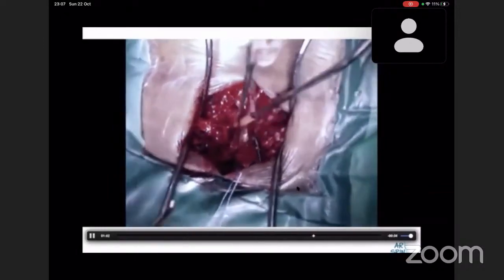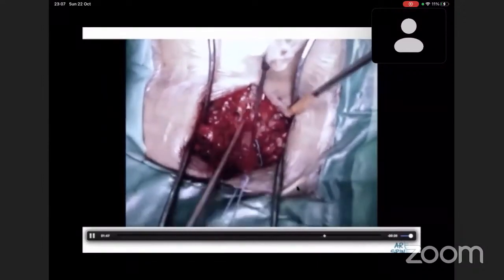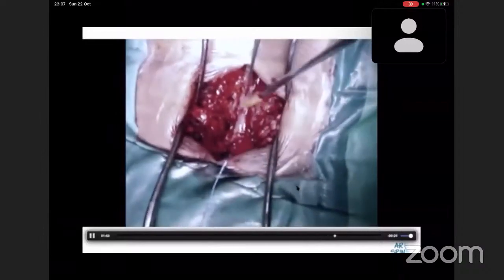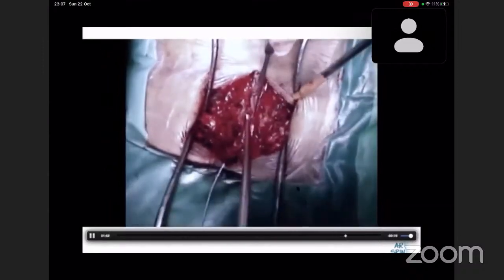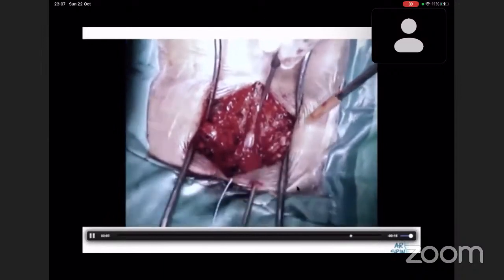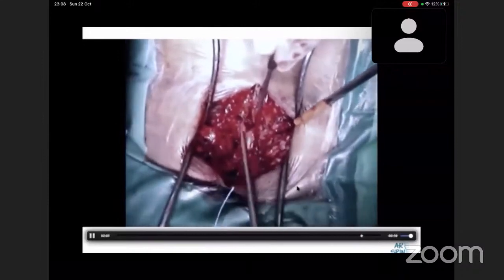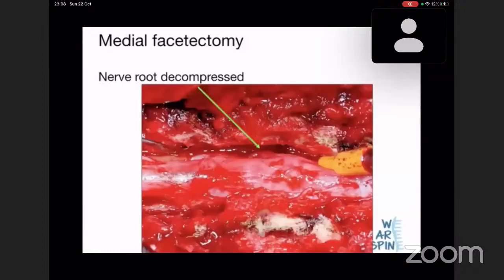There could be a sudden increase in bleeding as the epidural space starts getting decompressed, or you tear an epidural bleeder. So make sure that you have a good assistant with a suction in his hand, and don't put a forceps in the epidural space in the lateral recess without a good visualization of the root. Otherwise, you might catch the root while trying to remove the hypertrophied facets. You do this till you have a good visualization of the root. So if you have done a good facetectomy, you will be able to identify the root underneath the pars exiting to the foramen.